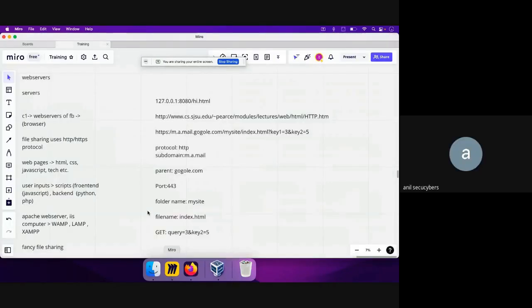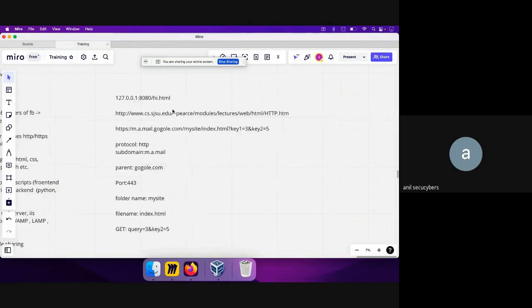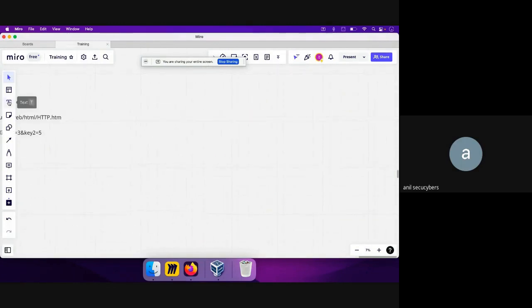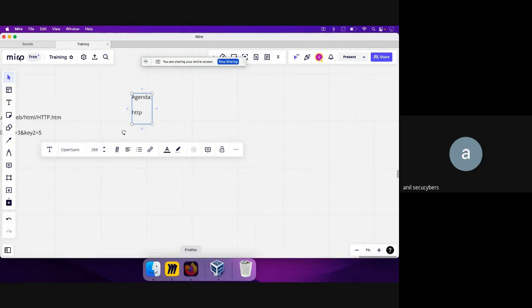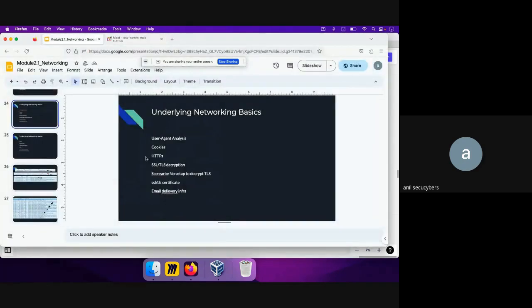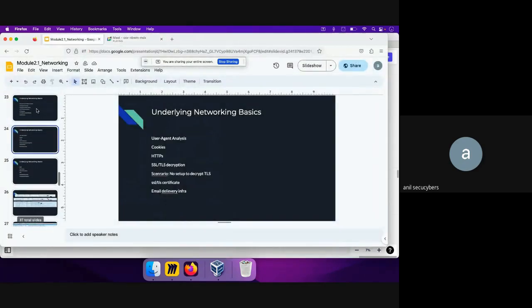Okay, so the screen should be visible now, and let's start quickly with the agenda for today. The agenda is to learn about HTTP. I think I have slides for it. So, learn about HTTP, and then